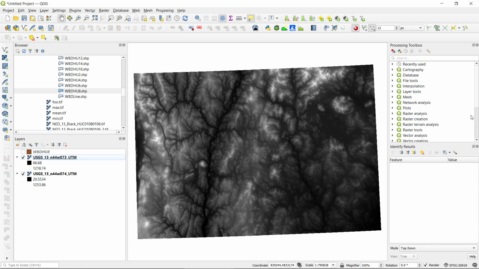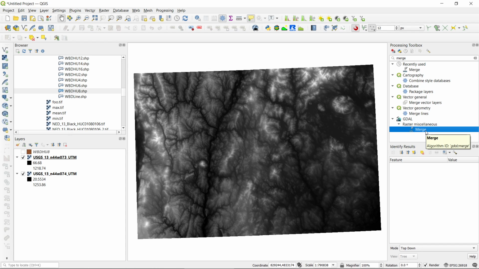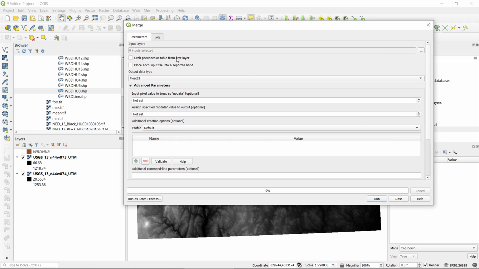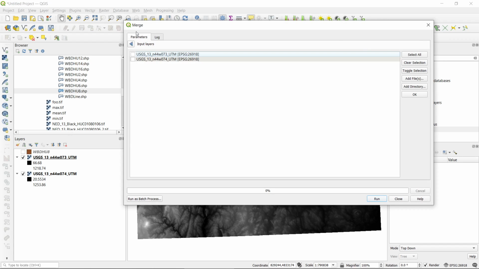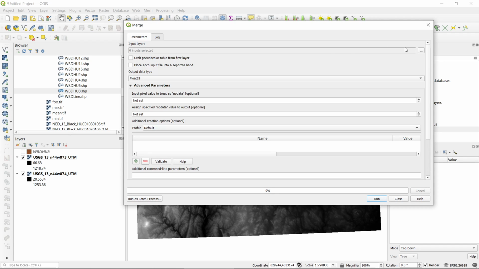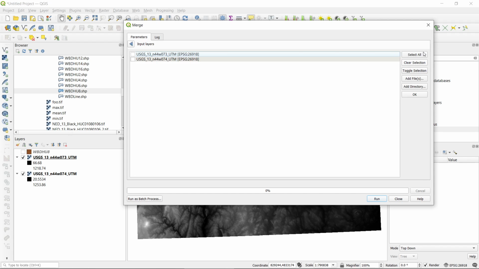Okay, so in our processing toolbox, we can search for merge, okay, and what we're looking for is the GDAL library, the raster miscellaneous, and the merge. That should be towards the bottom of your processing toolbox. We can double click on that. In the input layers, okay, you click on the little ellipsis icon, the open icon, okay, and you can select both of those,